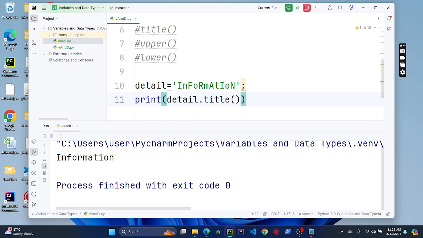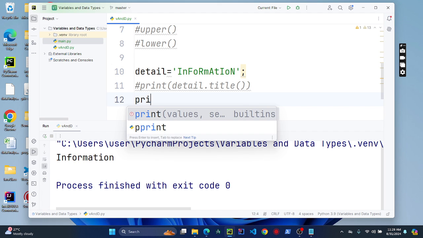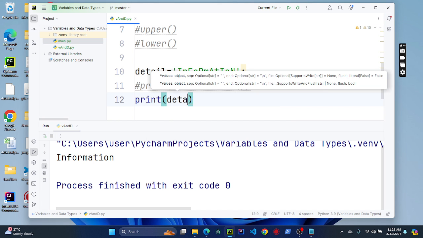Then you will discover that it prints out the information, maintaining the first letter as capital and every other thing as small letters. Yeah, so you see we have that. Now the next thing: since I'm still using that same variable value, I will not comment it out, but I will comment out the print. So I want to see how we can use upper. See print. The upper allows us to change everything to capital letters. So upper, if I run that,